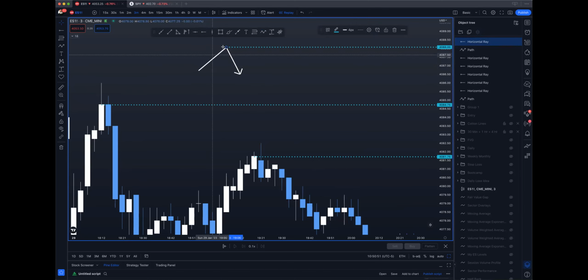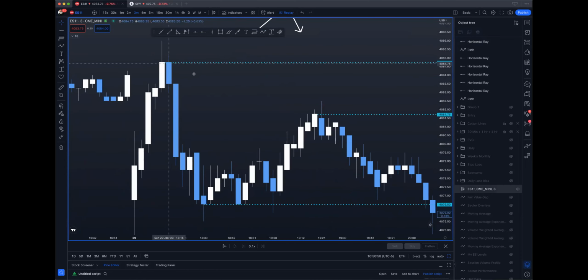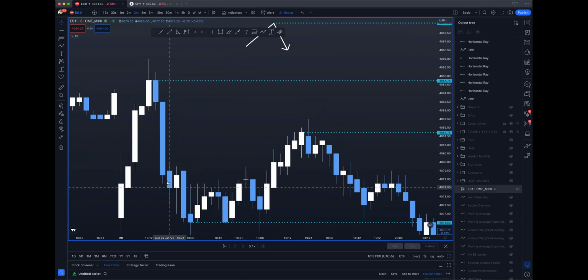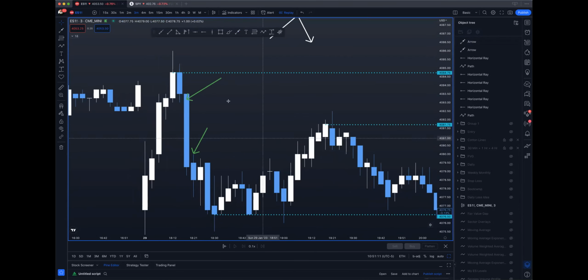So I want at least 2 candles going up that are white and then 2 candles that clear it. Here's a beautiful example. 2 white candles coming up. We form an obvious peak and we have 2 candles that cleared it down here. This would be candle number 1. This would be candle number 2. 2 candles that cleared the level,